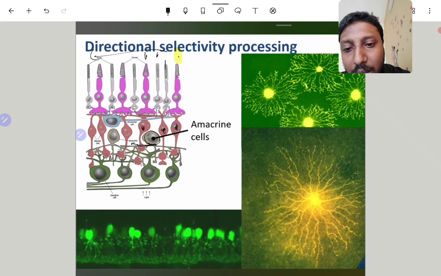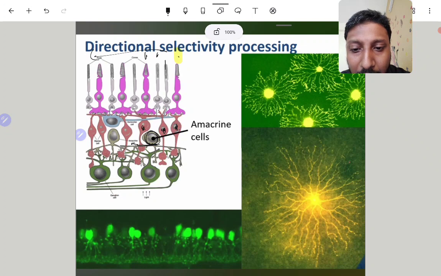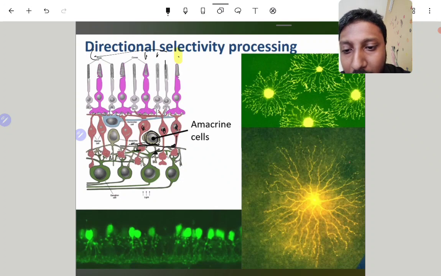Now you can use these amacrine cells and connect them in such a way that if this bipolar neuron fires, it will inhibit the next bipolar neuron. I mean it will inhibit the firing of these ganglion cells.